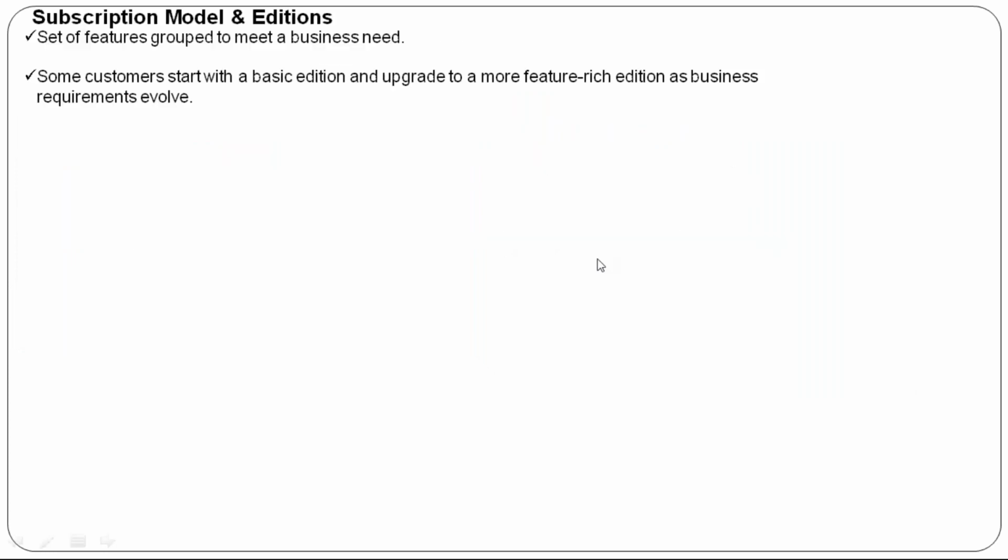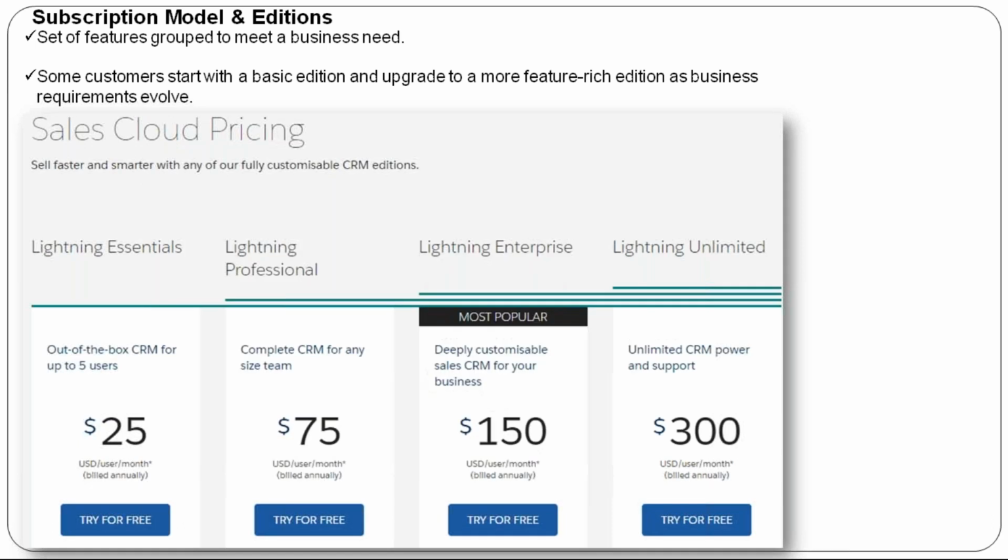Okay, and how are you going to access the Salesforce platform? It's a subscription model, right? So they provide different editions. They provide